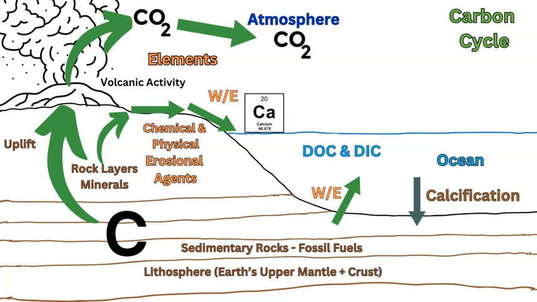On Earth, the majority of the carbon is stored in the lithosphere, which includes the upper mantle and the crust, layers of rock, which also includes metamorphic and igneous rocks. However, where the carbon is mostly stored is in the sedimentary rocks, which form from the accumulation of sediments in certain environments through burial and sedimentation and various processes that take those sediments, glue them together basically, push them together